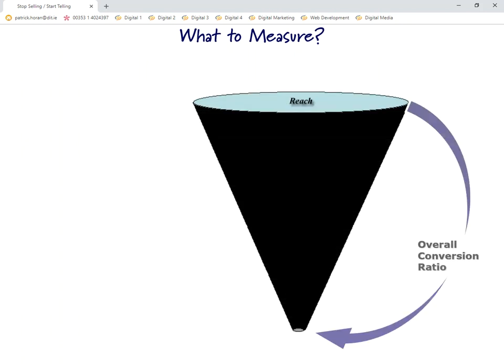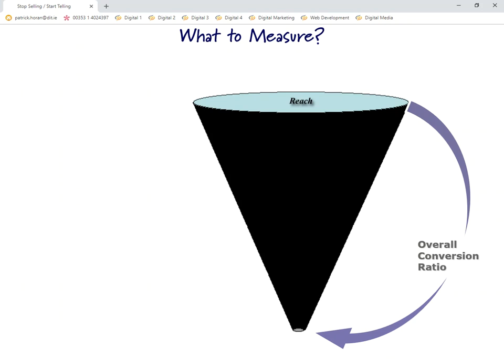The next thing we're going to look at is the overall conversion rate. Now, this is the people coming onto your social media channel or onto your site up here. This is the reach and the number of people buying from you or converting at the end. When we talk about conversion, quite often we're talking about sales, but not always. We could be talking about somebody signing up to a newsletter, or downloading or viewing a certain page or whatever. So whatever our goal is, that's what conversion is all about.